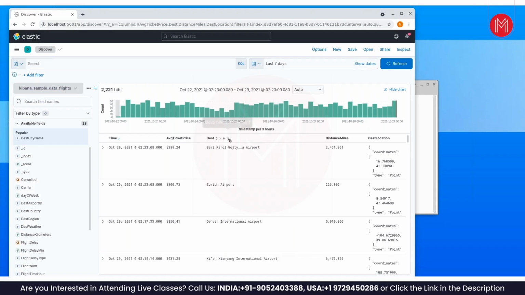Now let's do the first thing where we'll play around with the filter options inside Discover. Now we have the destination, right? The destination has Zurich Airport, Denver International Airport. The total results matching without any filter is 2221. Now I come all the way to the Denver International Airport, which is your third result. Can you go to the third result